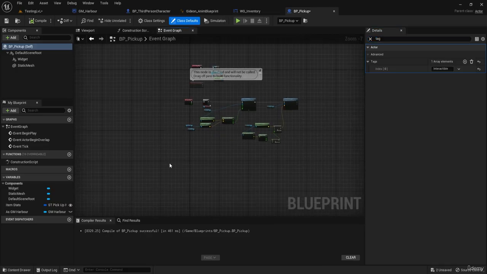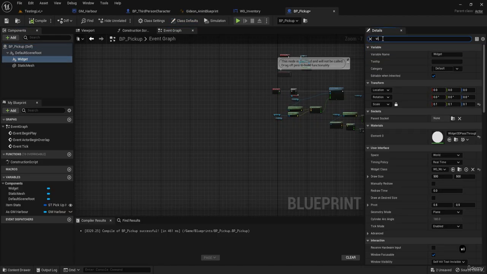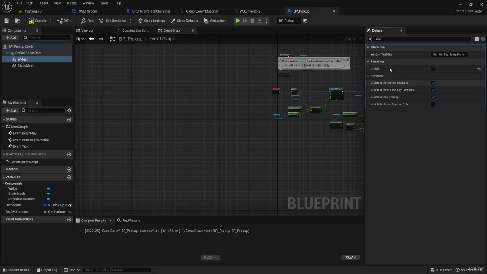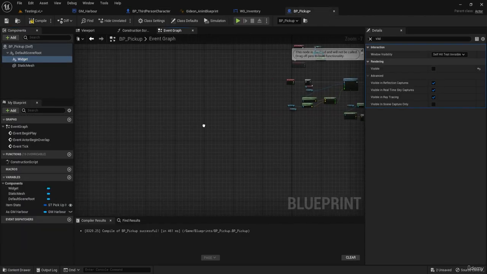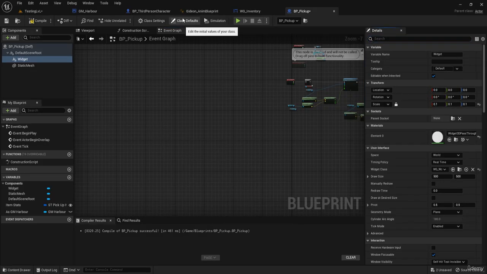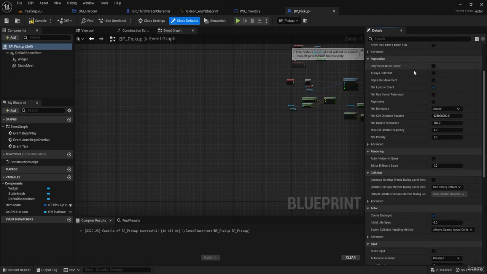So the next thing we want to do is set this widget's visibility to false, because we want it to be visible only when it's in range. Well, not in range, but on interact, on the bubble that we have set for interact. We need for this the events we created on the interface. So let's add this interface to the widget. Gonna find it on class defaults